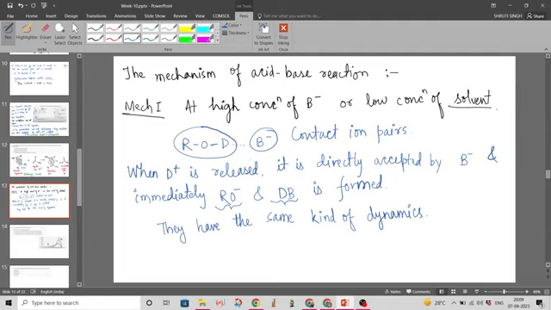So when the acid releases the proton, it is immediately accepted by the acetate ion, and it forms RO minus and DB. So there is no time delay between the formation of RO minus and DB. So they have the same kind of dynamics. But in the second mechanism,